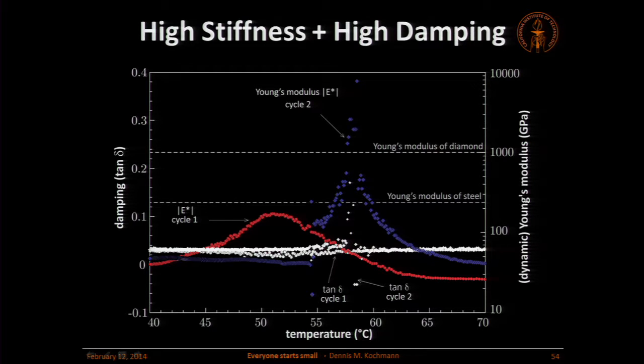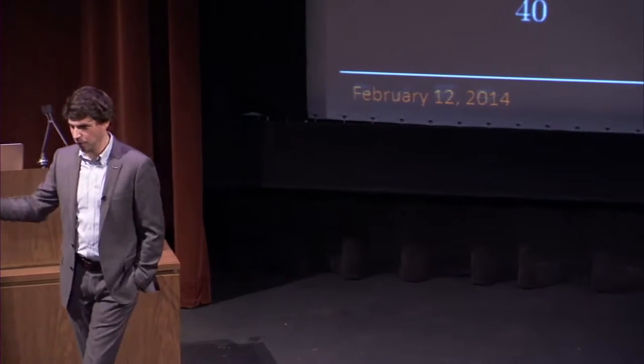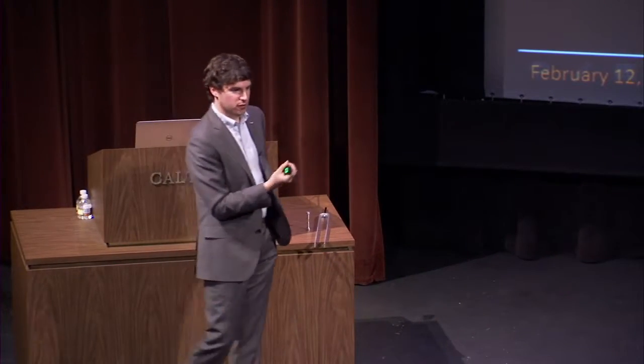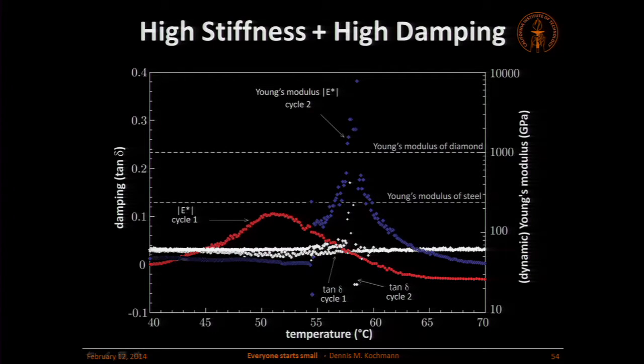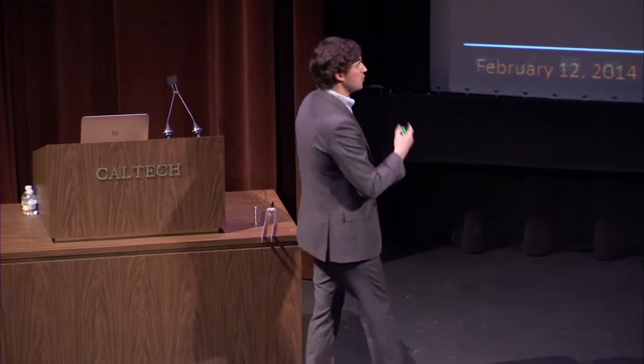Just for reference, this is the stiffness of steel, the stiffness of diamond, the one I was bragging about early on, if only we had that. We can go beyond this if we make use of the fact that we can use that unstable state. And at the same time, the damping also goes up quite a lot. So you have something which is stiff, but at the same time has the ability to damp vibrations. This is the temperature control.